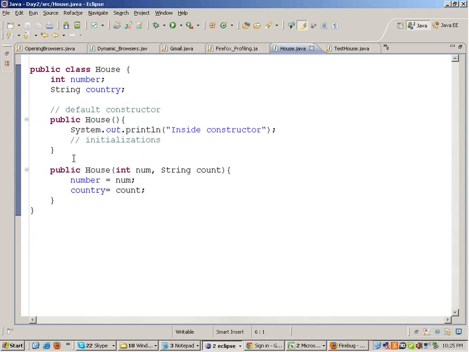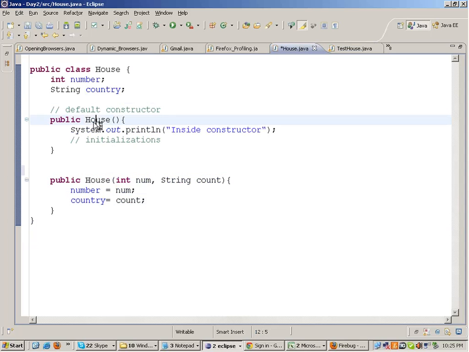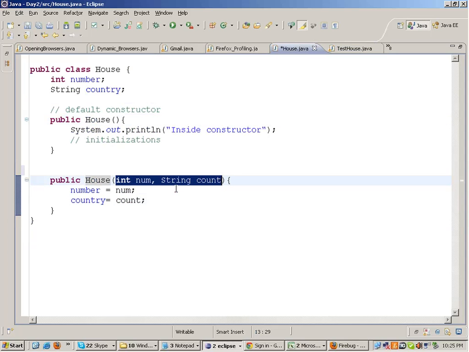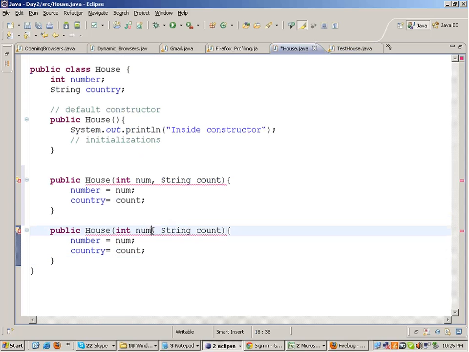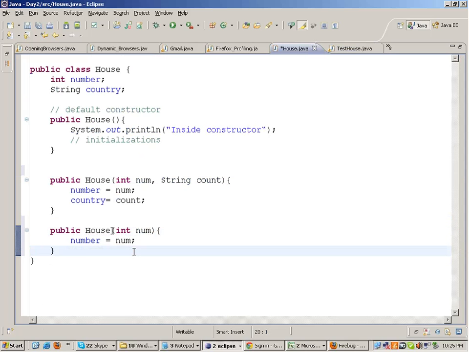And this kind of scenario, in which you create a different constructor with different input parameters, for example, I can also create a constructor which just takes the house number, nothing else, right? This kind of behavior is known as overloading in Java.